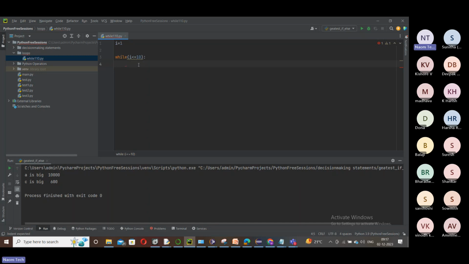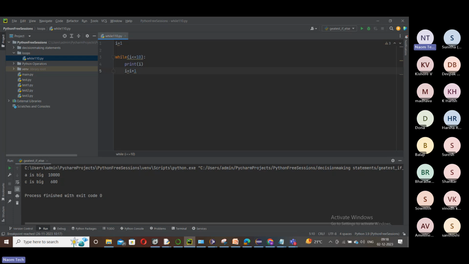I'll show you one program on how to execute in Notepad as well. But before that, what is the point here? You should have a clear idea of how to set indentation. When I just press enter, PyCharm will automatically pick up that indentation. It is providing a tab space. If you see here, there is a tab space. Then I should print it, for that I use the print statement in Python. And then you have to increment: i equal to i plus 1. Here we don't have unary operators.